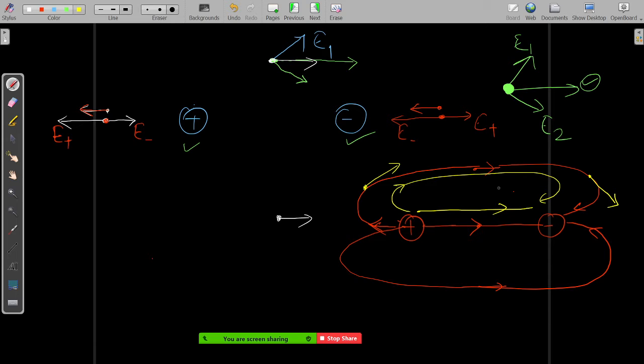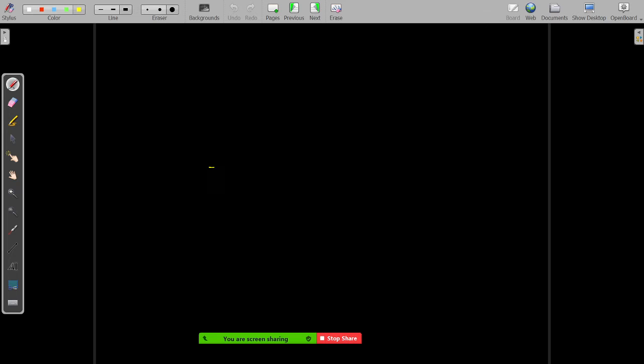In case they are asking you to find what is the electric field of this, there's no vertical component or something, right? It depends on what kind of electric field combination has been given to you. So let's say there is a positive charge here and there is another positive charge here, and they are asking you to find the electric field here. So there will be electric field. This is, let's say, 1. This is, let's say, 2.